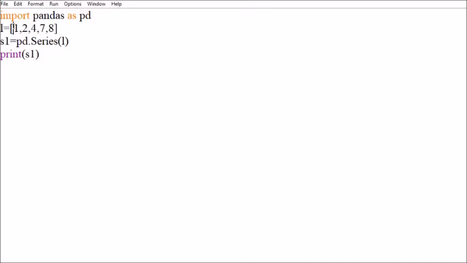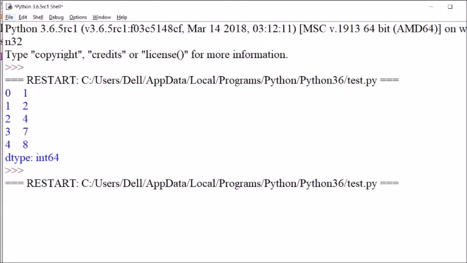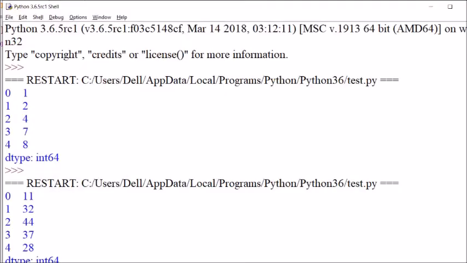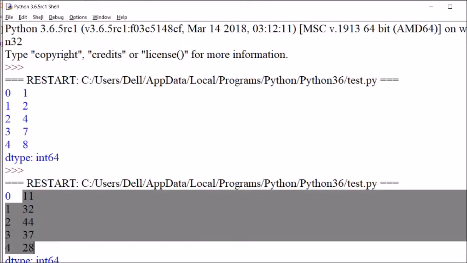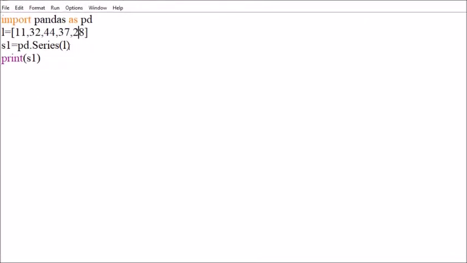Okay, I'll just change this number so that you can easily identify. Now I'll just run it. Now you can see here the list will be considered as values, with the default index 0, 1, 2, 3. In this way you can create the series using arguments. This is an argument.